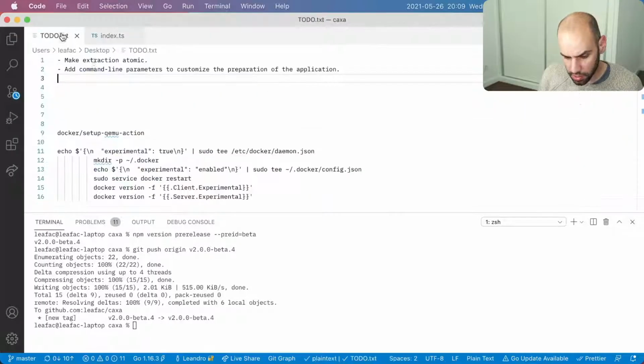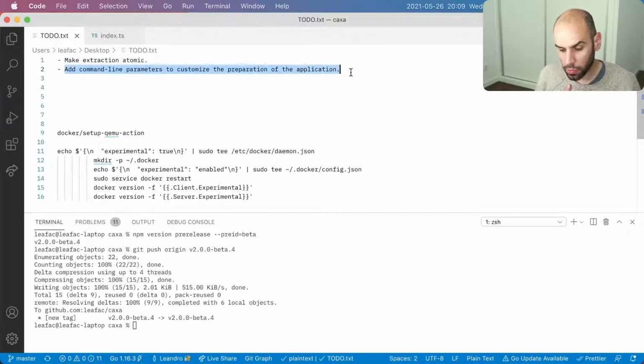We have more things we want to do with this Kasha project. We still have some more things in the to-do list. I think that it's fair for us to come here to the to-do list and okay, I already removed everything that was done today. So we will look at the extraction bug that is not atomic, and we will customize the build some more with some more options for that.